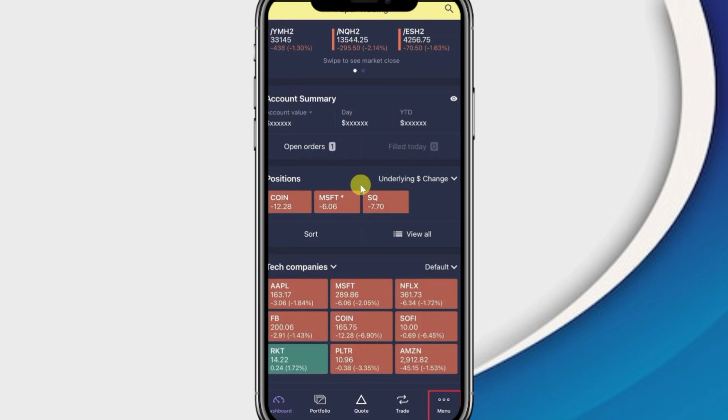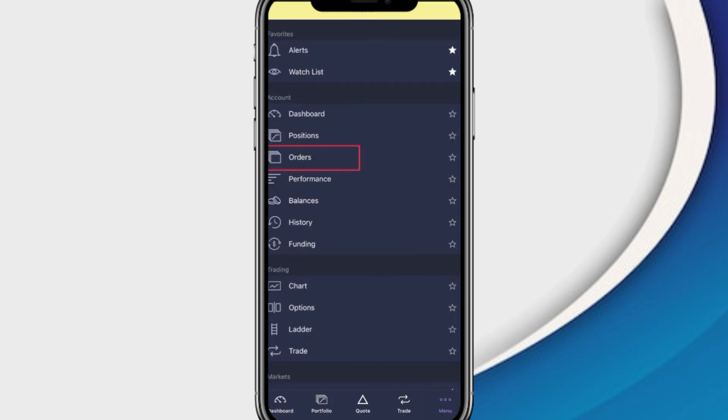First, you'll need to open the Etrade app on your device. This app is user-friendly and designed to make managing your trades as easy as possible. Once you have the app open, look for the menu icon. It's usually located in the top left or right corner of your screen, resembling three horizontal lines. Tap on that icon to access the main menu, where you'll find a variety of options related to your account